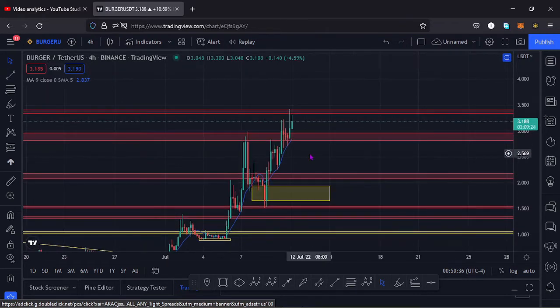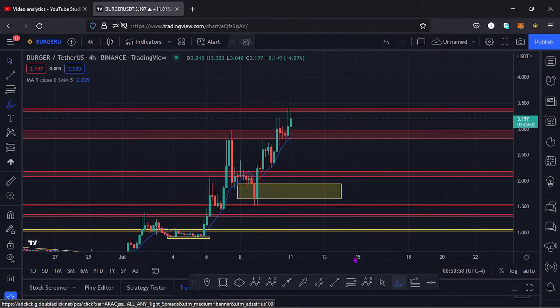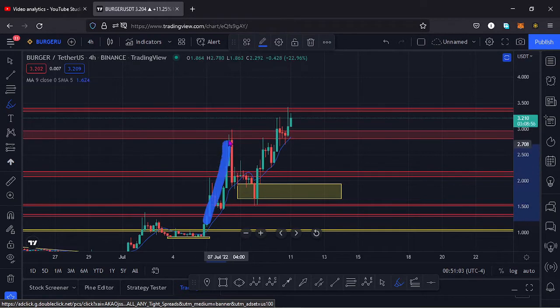and that gives me the key scenarios that I expect to play out, and that is what I want to discuss in this video. We are also trading above the 9-day MA and also the 20-day MA. And now that we have broken above this key area of resistance, there's a pattern that I have on this chart which we are now invalidating, because you can see the price of Bureger has been coming up impulsively, touched that key area of resistance, then we had a pullback to the lower side, then we had another massive pump